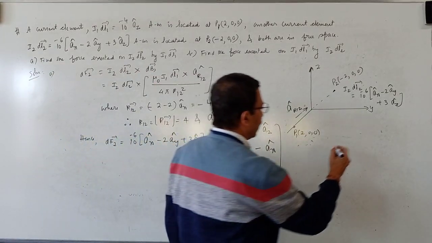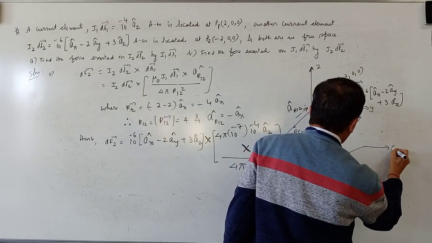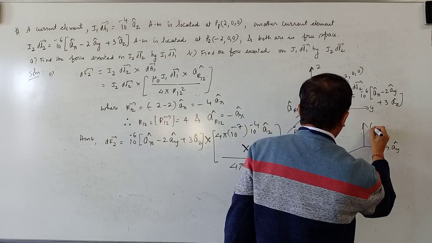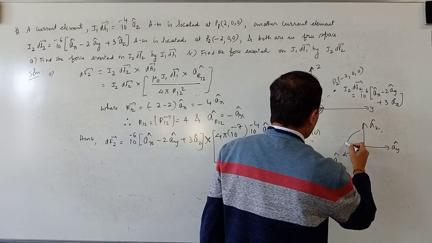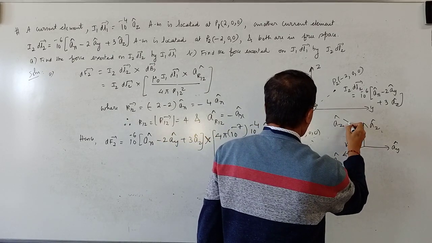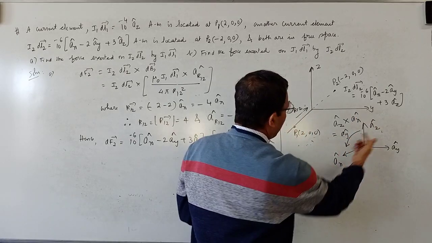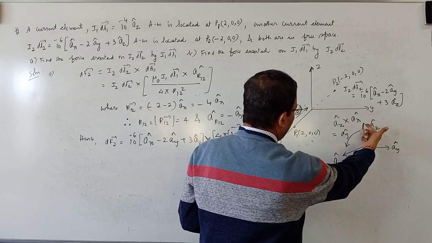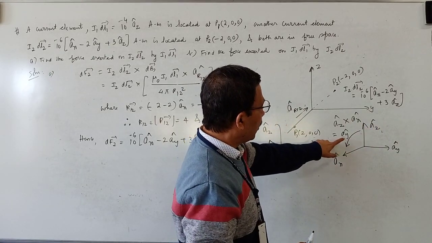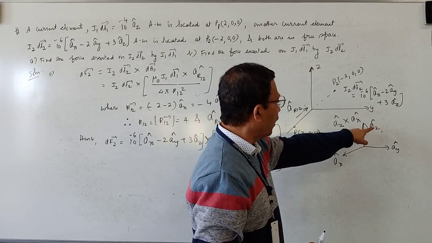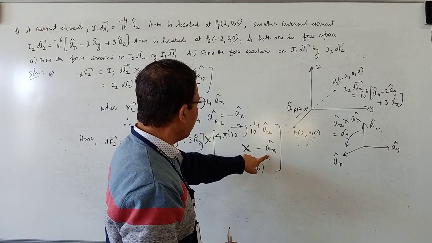Now we have got unit vectors. Let me draw three orthogonal unit vectors: ax cap, ay cap, az cap. So az cap cross ax cap is equal to ay cap. From unit vector az cap to ax cap, we are traveling in the anti-clockwise direction. Therefore, the cross product gives a positive unit vector which is perpendicular to both ax cap and az cap, which is ay cap. So az cap cross ax cap is ay cap.